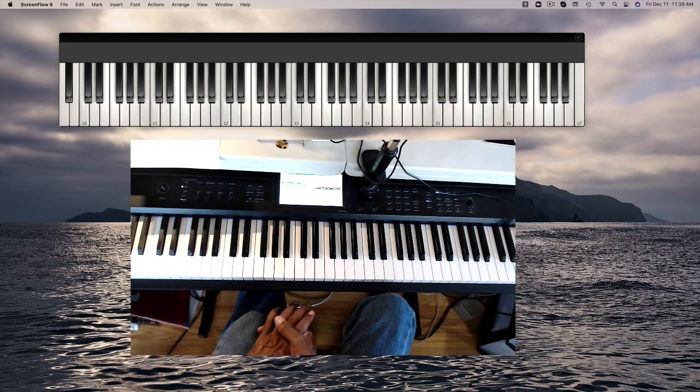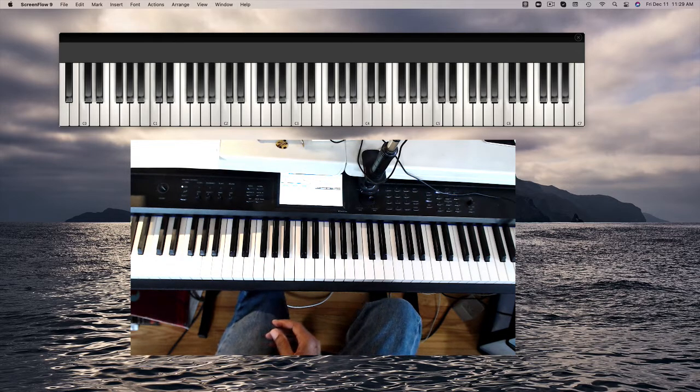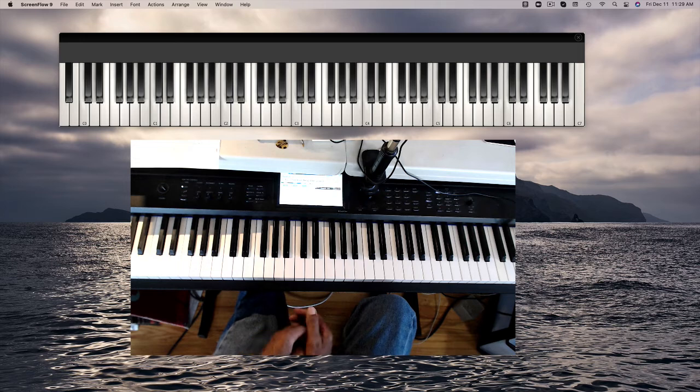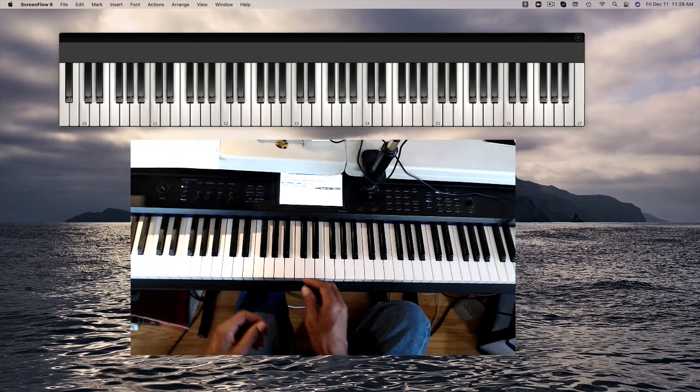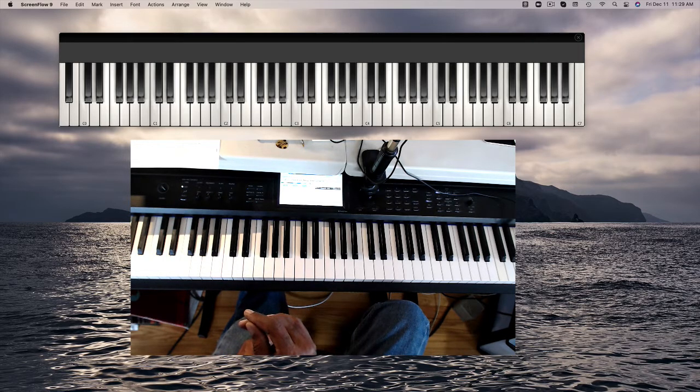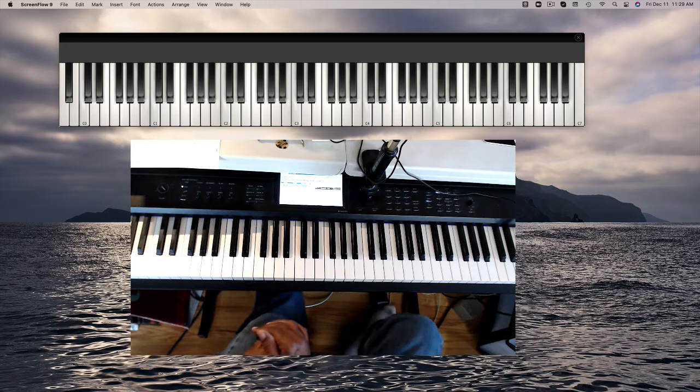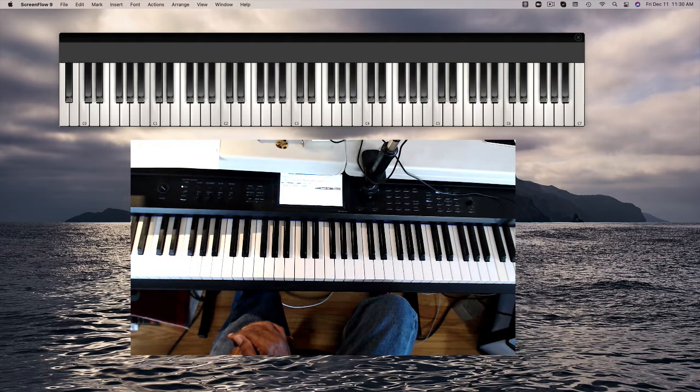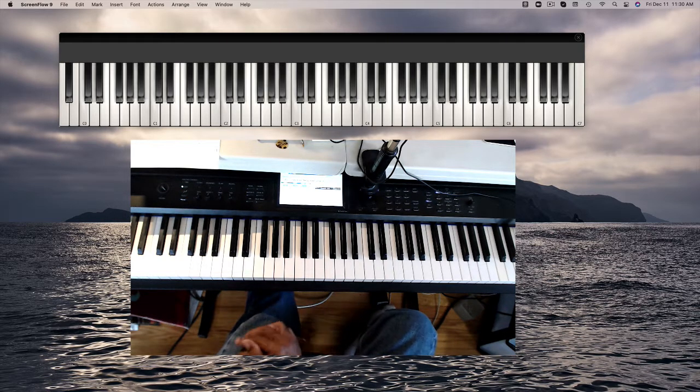Now, when and how do we use these diminished chords? Well, many ways. One of the most common ways that we see it used is as passing chords, or what some people call connective tissue. They may not be seen on your lead sheet. So, those of you who have viewed my previous videos on intermediate kind of know my style. I'm not trying to get you to Carnegie Hall,